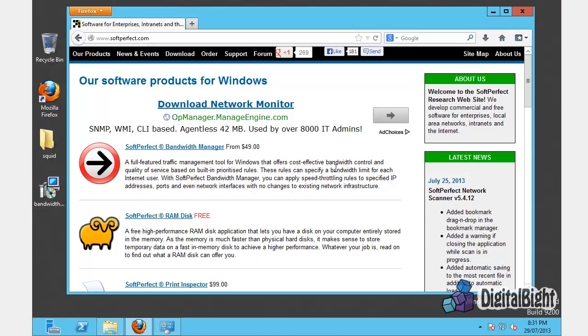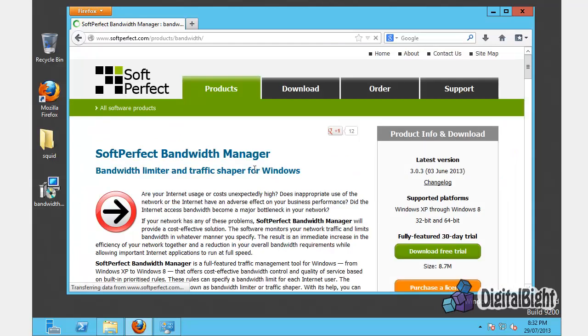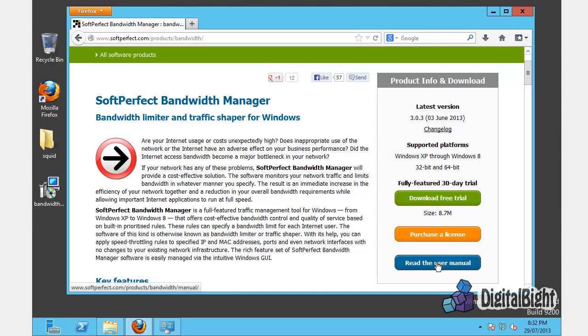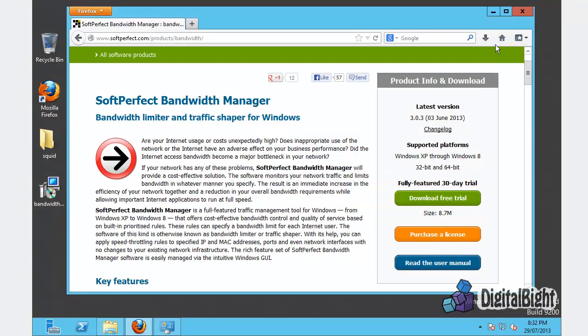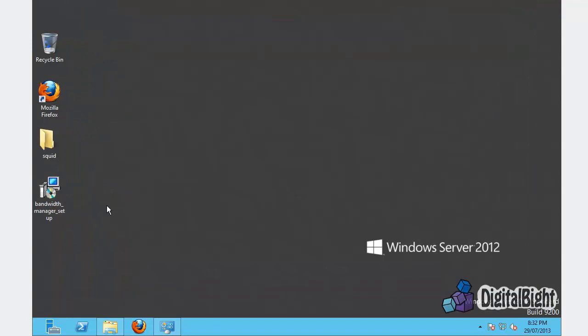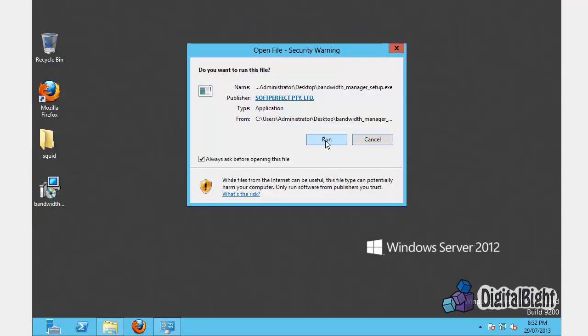Next, we'll be needing a software called Bandwidth Manager from SoftPerfect, which is going to be doing our IP range port forwarding. We're going to use the trial version. Download the free trial and save the file to your desktop or wherever. In this case, I've already pre-downloaded the software. Double click on the software, run,